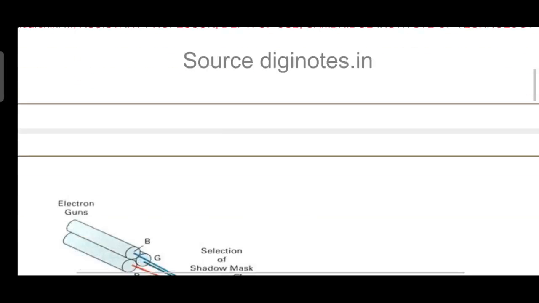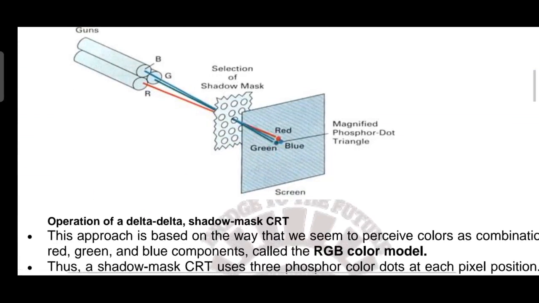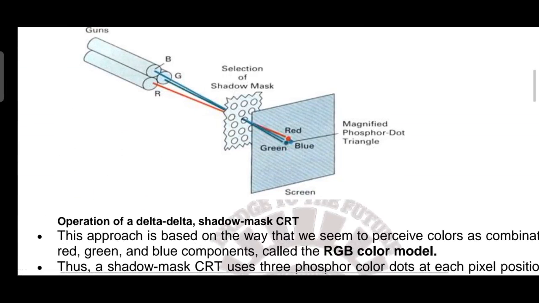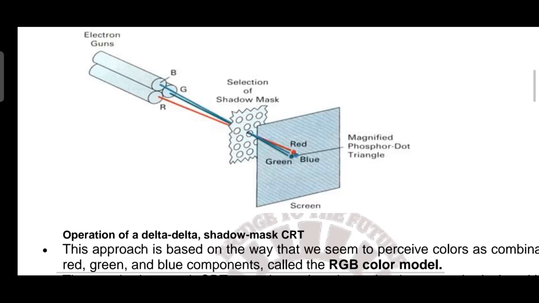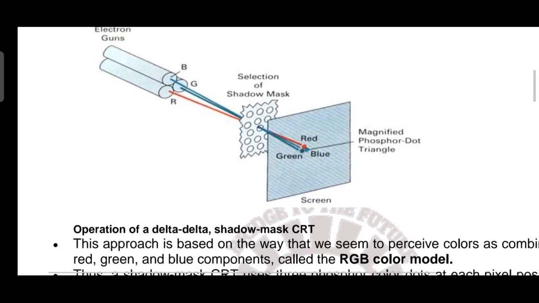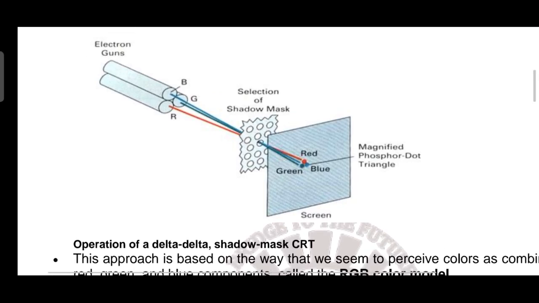Okay, here is the shadow mask CRT. See here, there are three different electron guns. They are placed on the electron beam side. So the three different electron guns are placed on the other side of the CRT from the phosphor. So the beam holds three different electron guns, which are capable of producing the specific color, say R, G, and B.